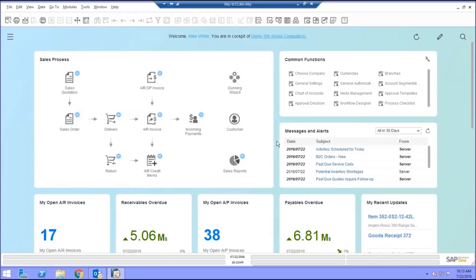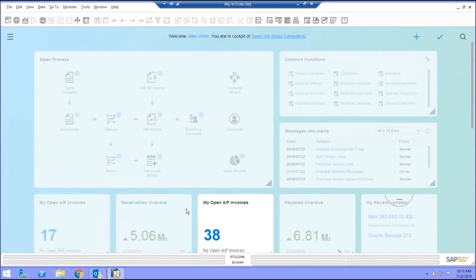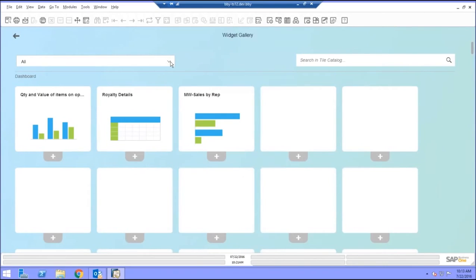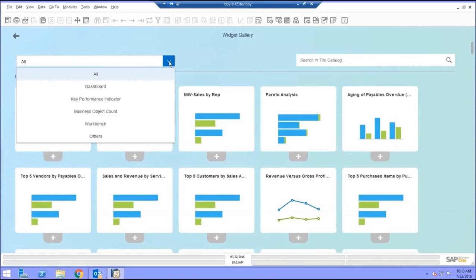The cockpit itself is made up of several different types of widgets. And so if I hit my pencil icon here, this takes me into designer mode, where I can drag and drop and I can move these things around and add additional widgets into my desktop. And so if I hit the plus icon, you can see here that the selection of widgets is narrowed down to about a half a dozen choices. I can look at just dashboards, and the system itself comes with probably 50 plus dashboards, and the ability to create your own. Same with the